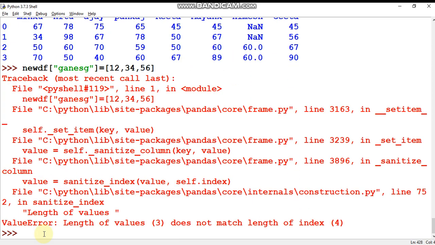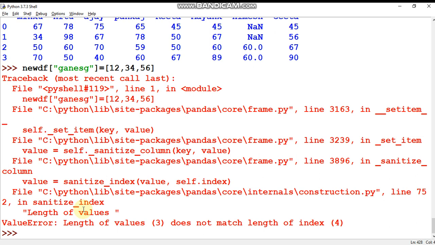So here one thing people have to keep in mind while inserting a column: you have to pass as many values as the number of rows. Why did the error come here? Because the values should have been 4 and I have passed only 3. That's why this error occurred. So I hope this concept is clear to everyone.